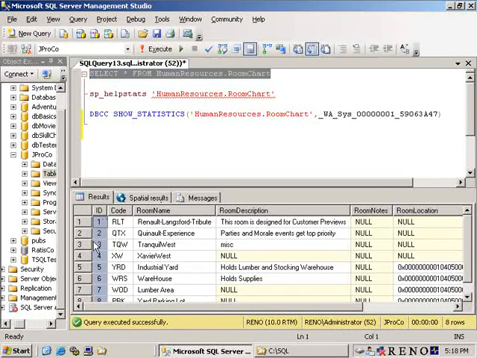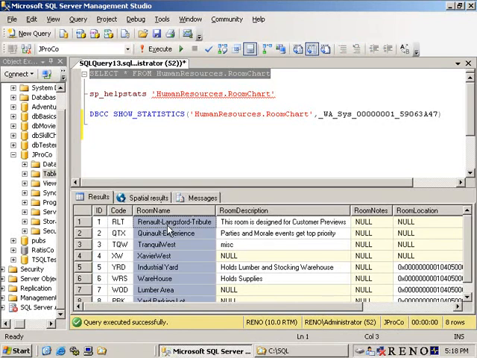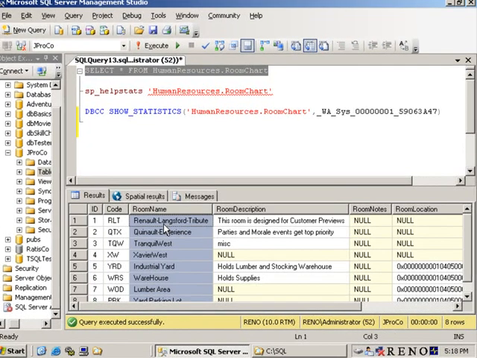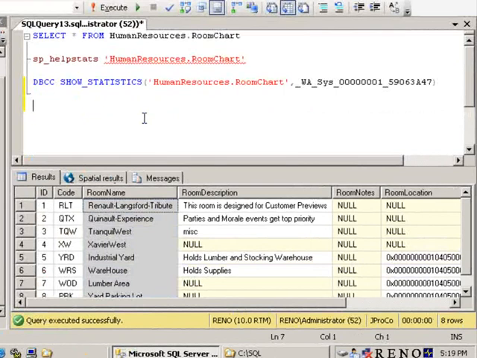We have statistics on this ID field, but no statistics were kept on the room name field because there's no index or we haven't run a query on it. Well, we can force it to keep statistics of selectivity on a field that has no index or we've never predicated on